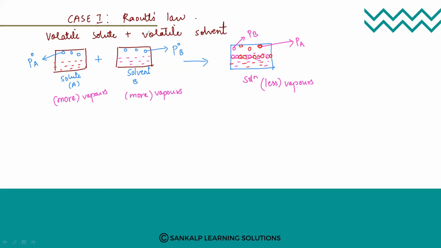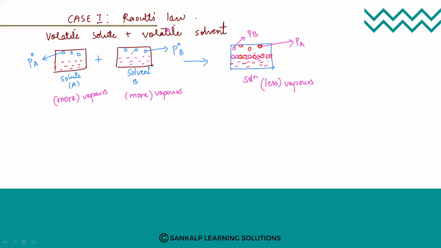Is it clear up to here? So what we have taken? We have taken one volatile. Both are volatile solute and volatile solvent. Only volatile solute and solvent can form the, what? Vapors, right? So in both the conditions, you can see that solute also can form the vapors and solvent can